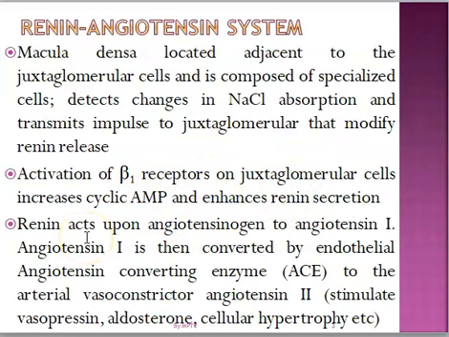Now, of course, what is renin? Renin enzyme acts upon angiotensinogen to form angiotensin 1. Angiotensin 1 is then converted by endothelial angiotensin converting enzyme, ACE, to the arterial vasoconstrictor angiotensin 2. This is the potent vasoconstrictor, and angiotensin 2 also stimulates vasopressin release. Of course, you know what vasopressin is. It is the ADH, antidiuretic hormone, and of course aldosterone, as explained earlier in our